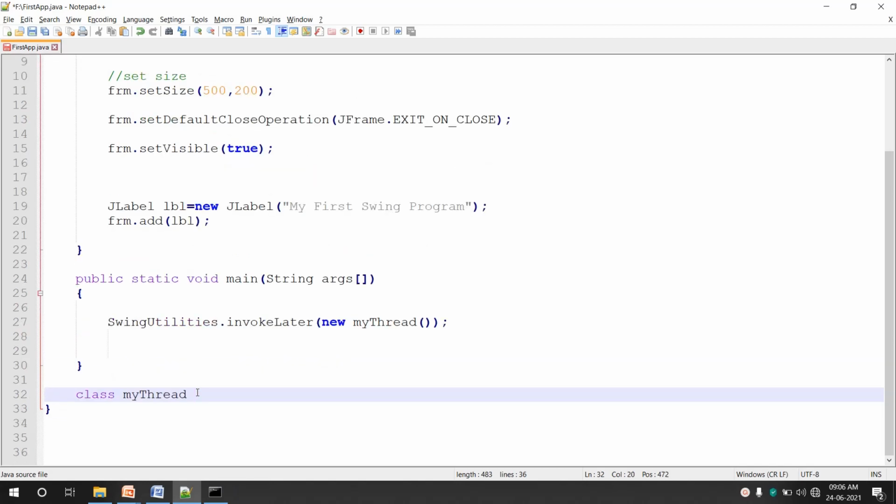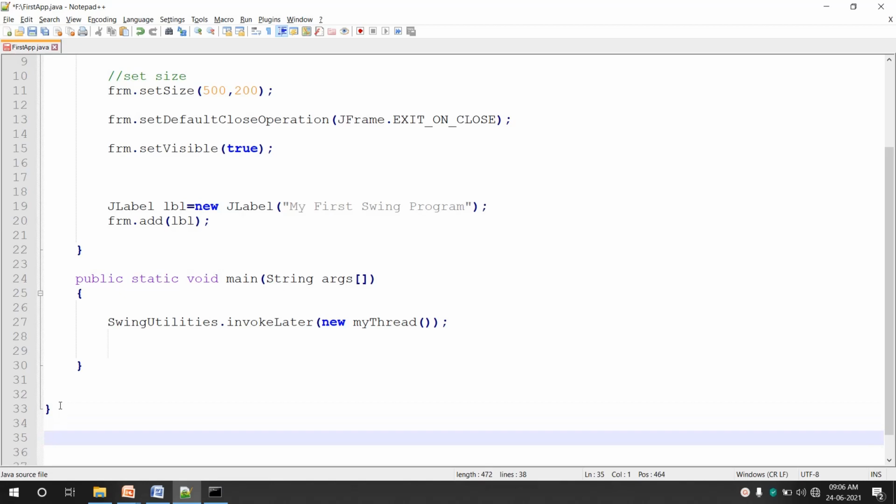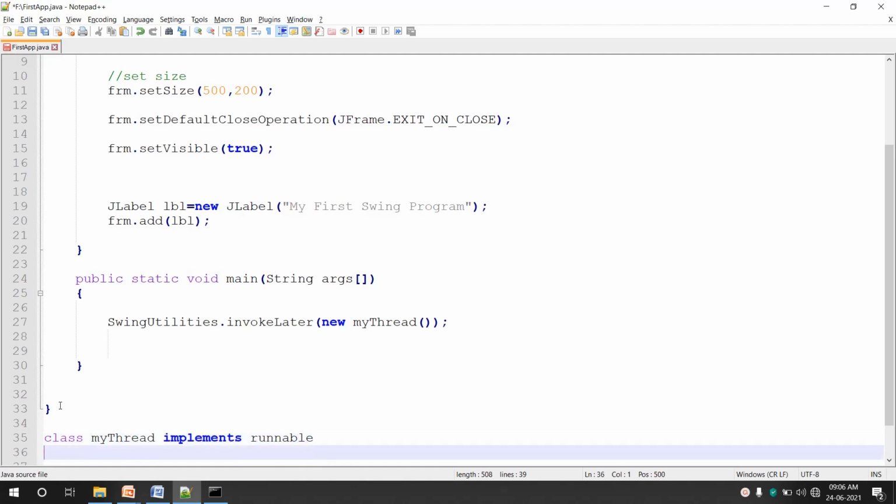Here we have to create a new thread class, which creates our GUI. So we can create it like this: class MyThread implements Runnable. I'm creating a thread by using the Runnable interface here.